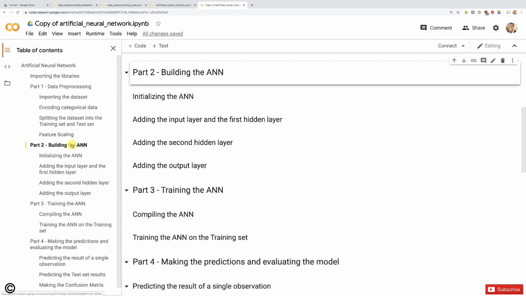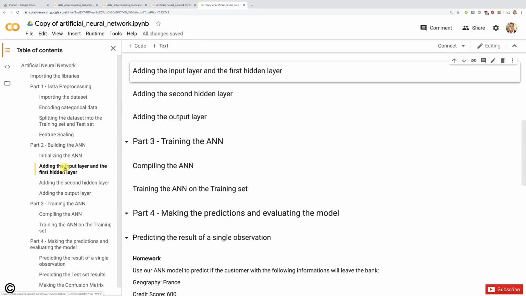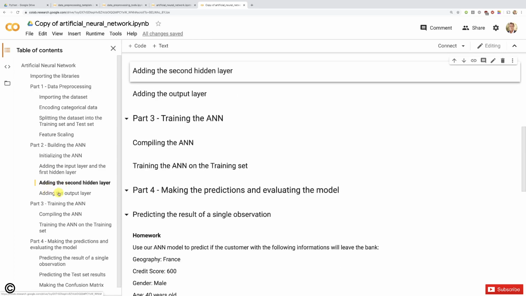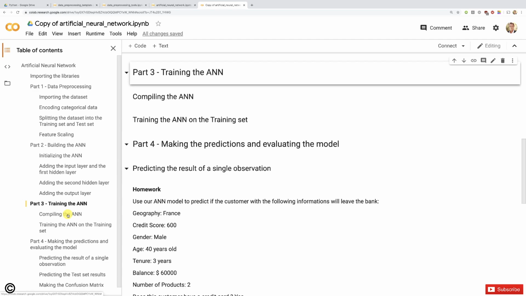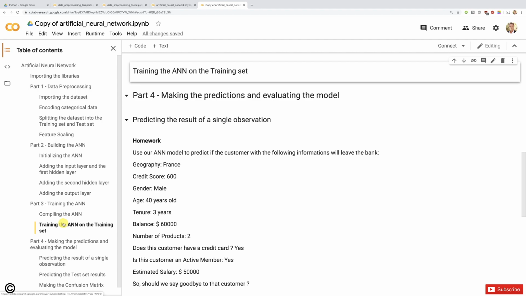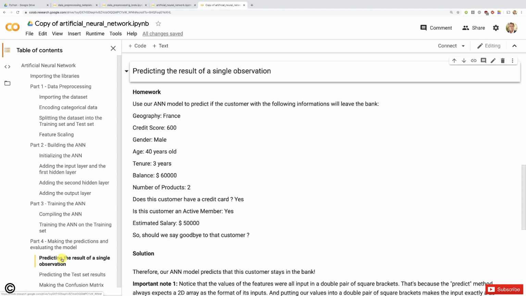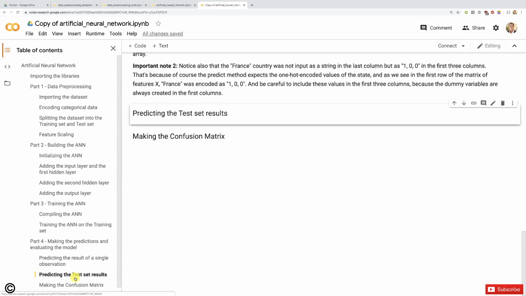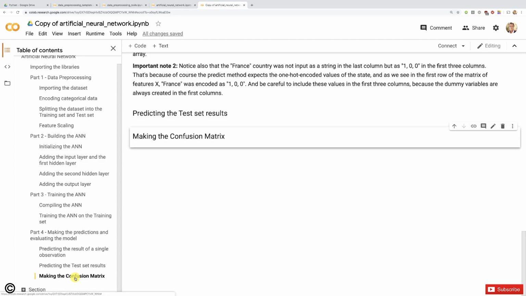Then in part 2, we will first initialize the ANN. We will add an input layer and the first hidden layer to our artificial brain. Then we'll add the second hidden layer, then the output layer. Then in part 3, training the ANN, we will first start by compiling the ANN with an optimizer and a loss function. Then we will train the ANN on the training set. And finally, in part 4, we will deploy our model in production to predict the result of a single observation, meaning to predict if a new customer will stay or leave the bank. Then we will predict the test set results to get that y_pred vector to eventually make the confusion matrix